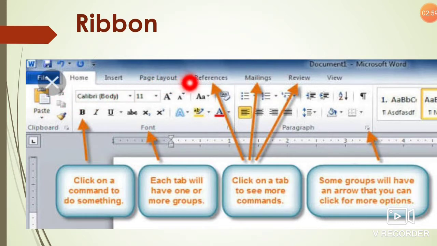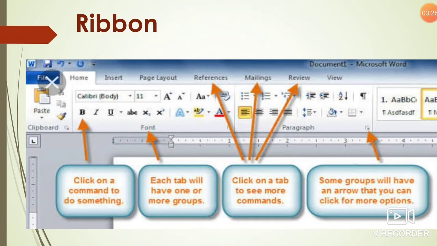These are the tabs. These ribbons are called tabs, means File tab, Home tab, Insert tab, Page Layout tab. When you click on any tab, it is divided into particular groups. Like here the Home tab is clicked, then it is divided into Clipboard group, Font group, Paragraph group, and each group contains many options.